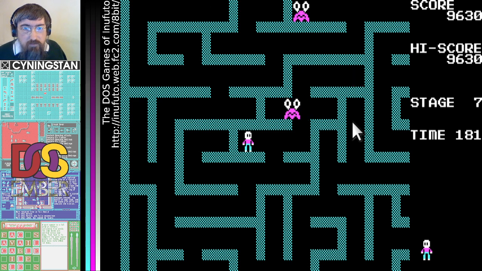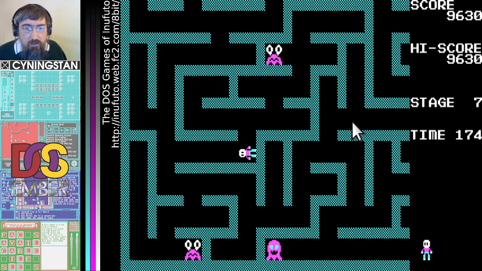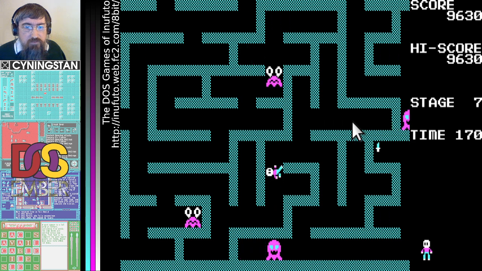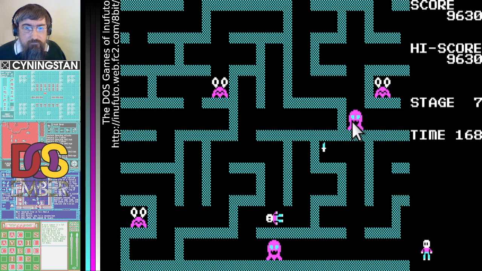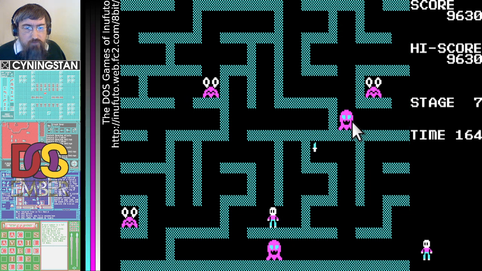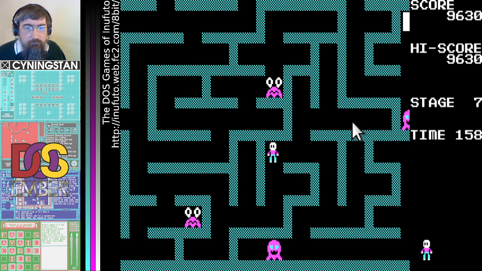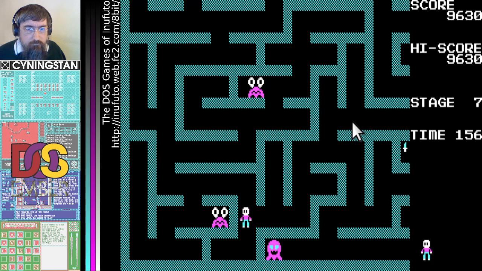This is interesting. Right, I need to get a move on away from that thing. Right, I can see, or I think I can see where I need to go. No, I was wrong, because I cannot get to that weapon. And now, that monster there is going to be chasing me all the way up.